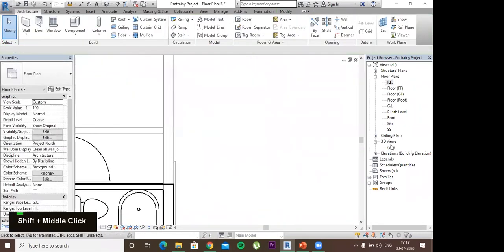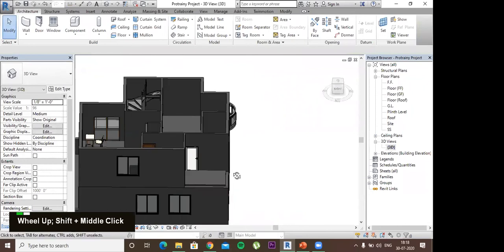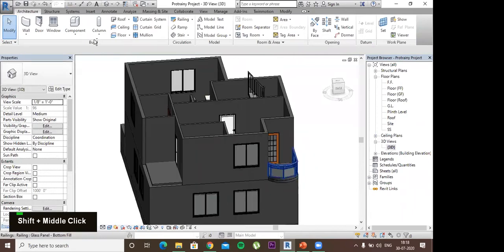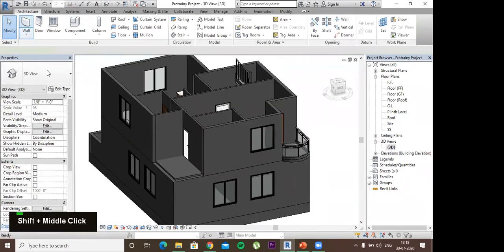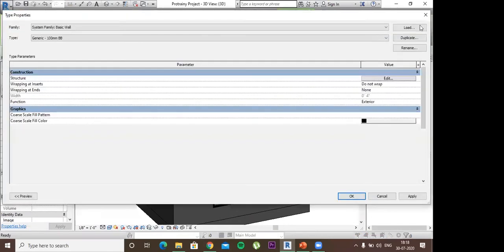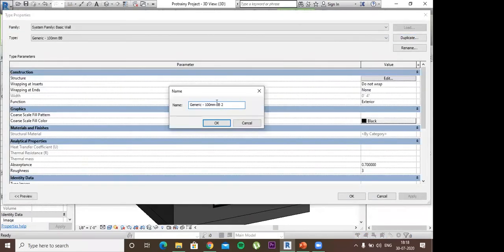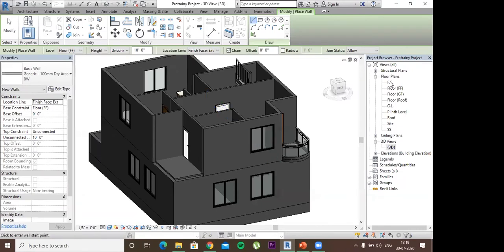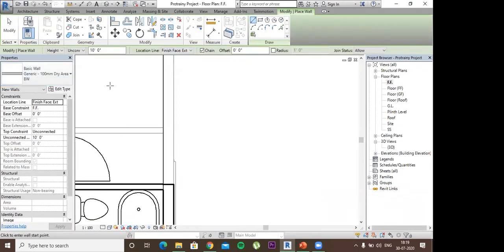Here it is. Now if we'll go and see in the 3D view, it'll look like this. For that, I'll create a different wall. I'll go to the wall, edit type, duplicate, and I'll write dry area boundary wall. Okay, click OK. Width is same. Click OK. Go to the first floor, select the type of wall, and